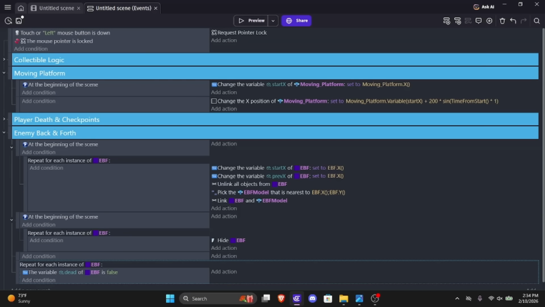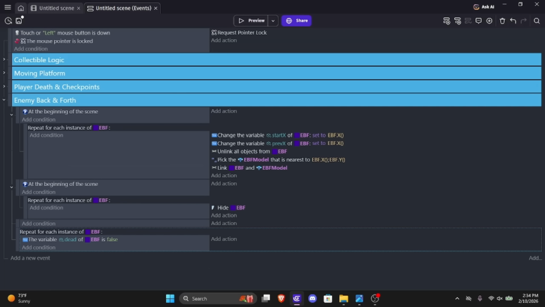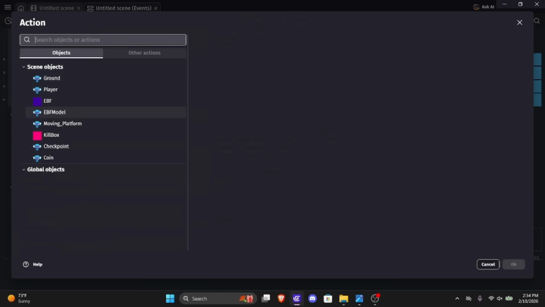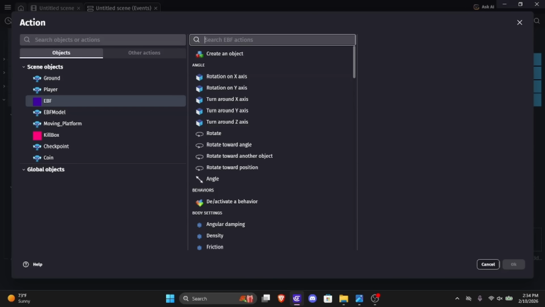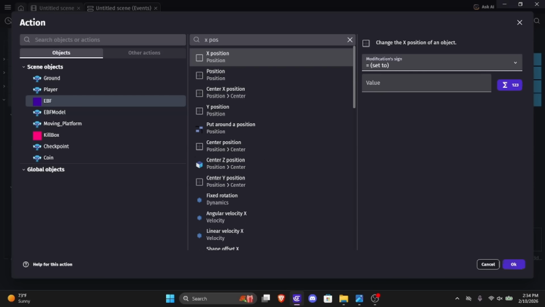And the movement will be nearly identical to this right here because they both work exactly the same. So we're just going to repeat what we did earlier. There's no need for explanation here. I already explained it earlier. So let's change the X position of our EBF. And once again, we're going to change the X position. So we're going to type in X position because that's what we're trying to change. And we're going to set this equal to